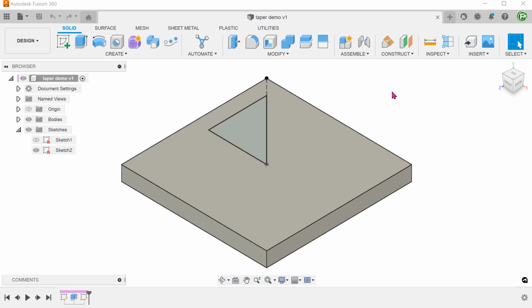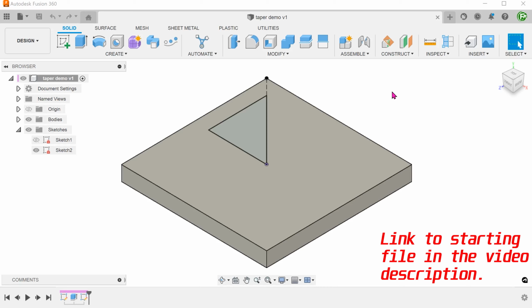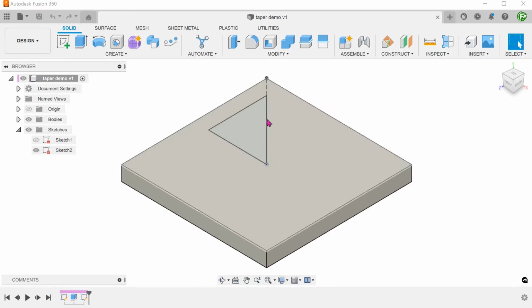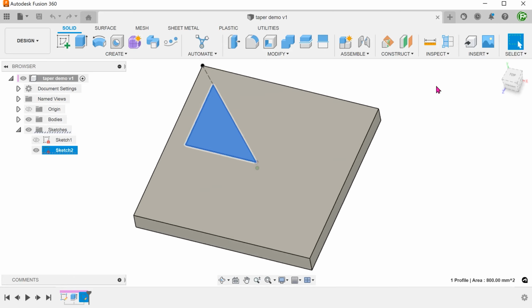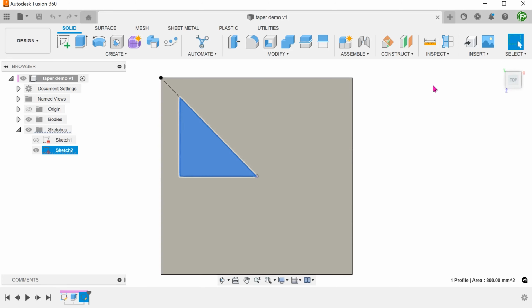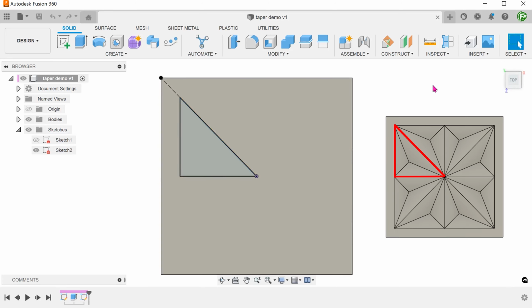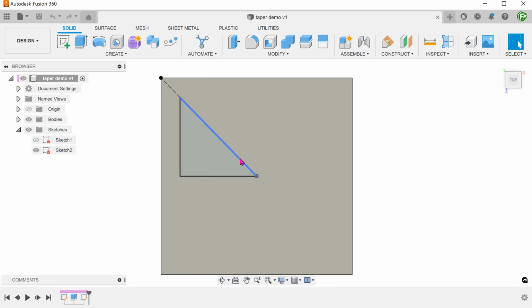This is perhaps the easiest method if what you need is to achieve a certain look and accuracy is not important. So I have prepared a right angle triangle sketch here on a square panel. This triangle defines this portion of the design. The hypotenuse of the triangle coincides with the diagonal of the square. The adjacent of the triangle lies along the center line of the square. This vertex of the triangle coincides with the center point of the square.